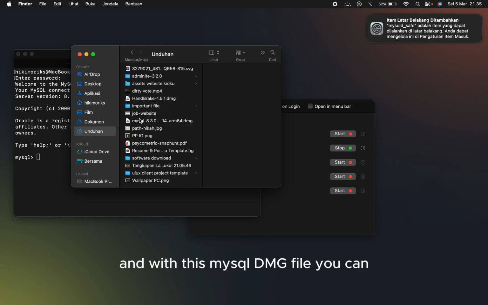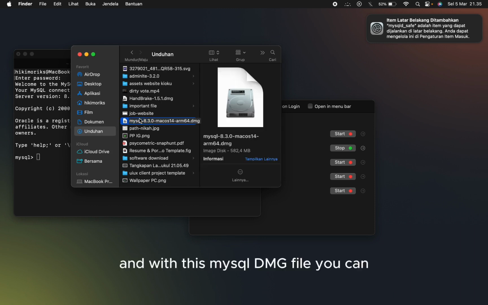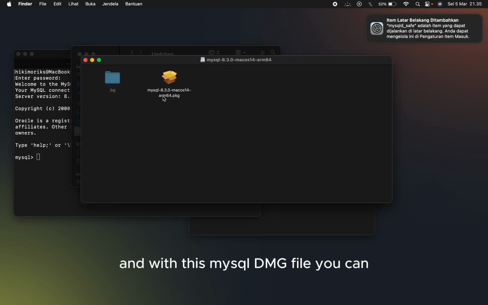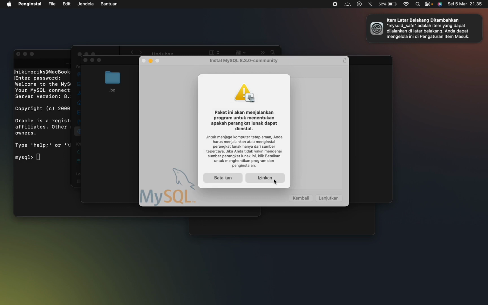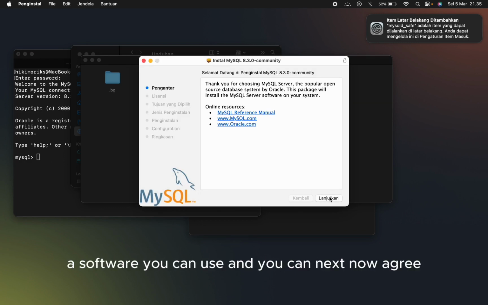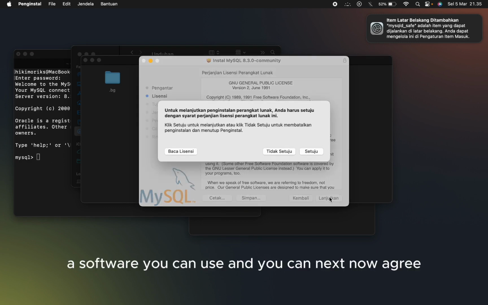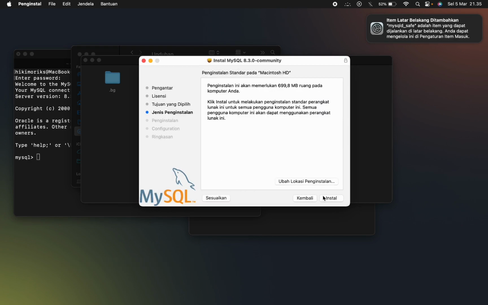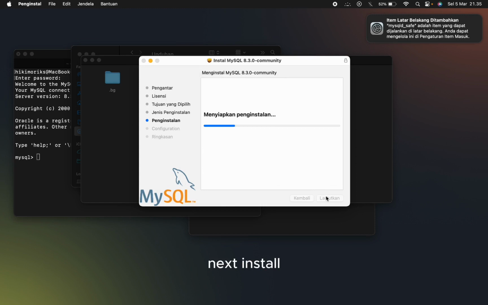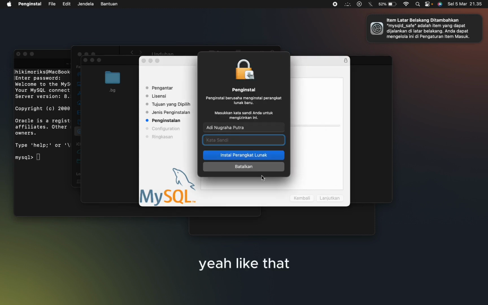And with this MySQL DMG file, this is usually how you install software. You can click next, agree, next, install, like that.